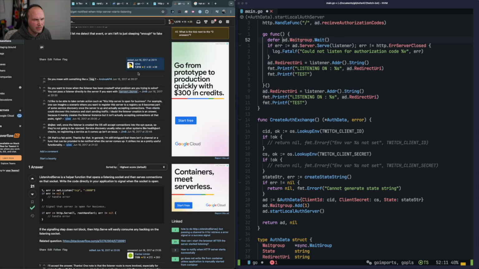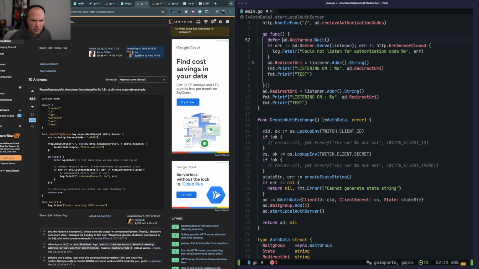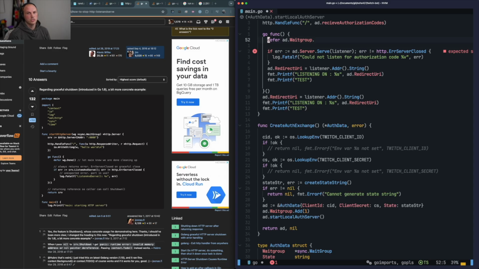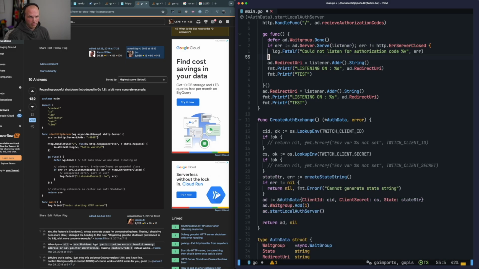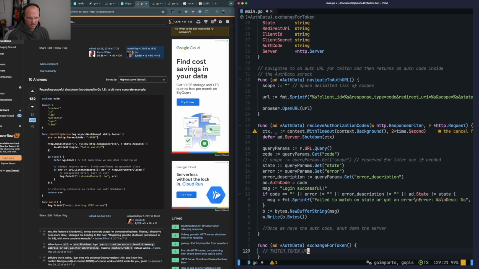How did they do it in the example that we were looking at? Did they defer it at the beginning? They did. Oh no, they deferred the done, but then how did they wait? Oh, I know how. Defer, okay. This makes sense. Done. So this will keep the server alive as long as we wait for authorization to complete, which we do in here. So receive authorization code, get all that stuff, new buffer reader, and then